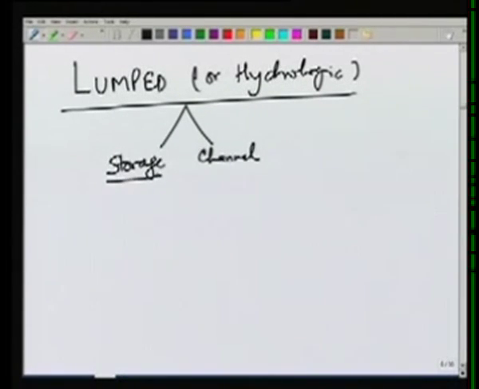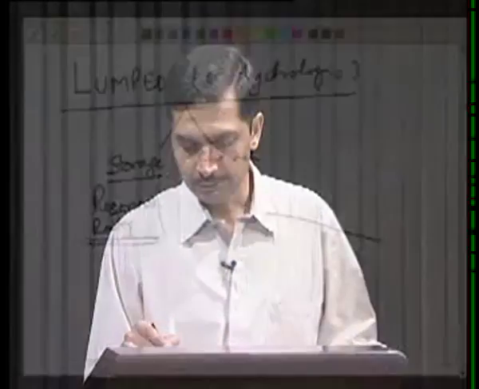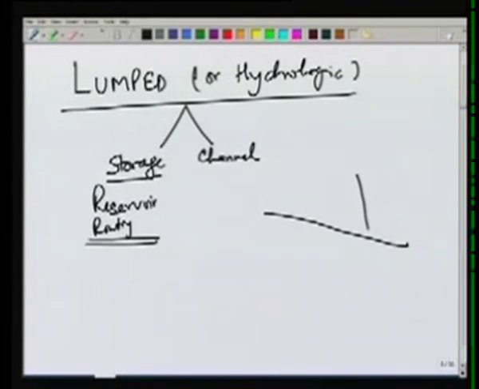The storage routing is also called reservoir routing, and as the name implies, typically it denotes how a flood wave gets modified when it passes through some storage structure or a reservoir. So let's look at a case like this where we have some storage reservoir here,